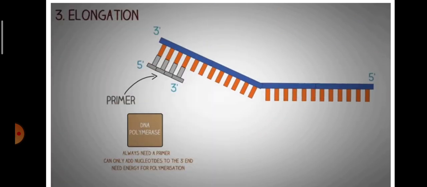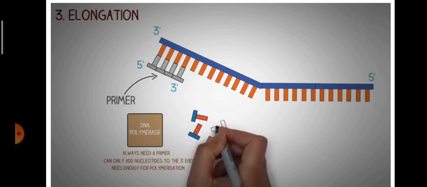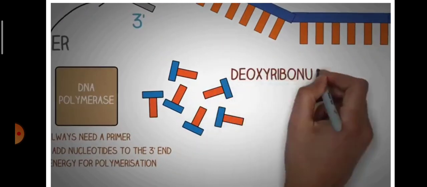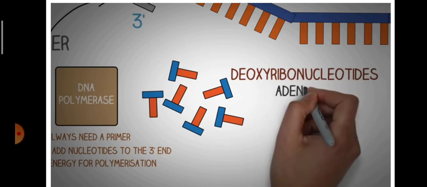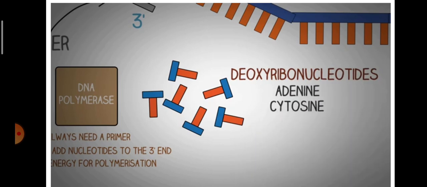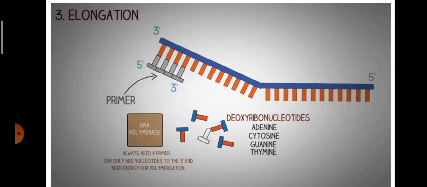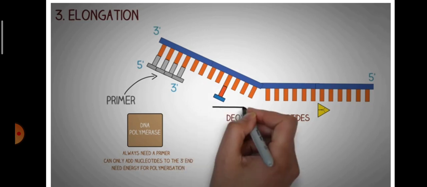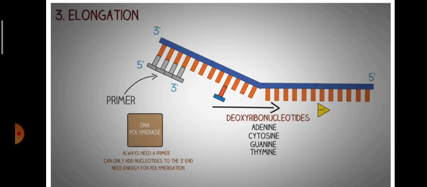Now once the primer is synthesized, the DNA polymerase can perform the vital function of elongation of the DNA strand by addition of new nucleotides to the 3' end of the growing chain. The DNA polymerase uses the deoxyribonucleotides, which contain either of the 4 bases, adenine, cytosine, guanine or thymine. The DNA polymerase adds these nucleotides one by one to the 3' end of the new DNA strand. Now, since the enzyme helicase is opening the DNA helix in the same direction, the DNA polymerase can synthesize a long chain of new DNA before separating, and this is known as the continuous synthesis on the leading strand.